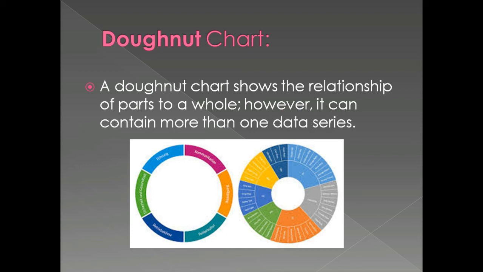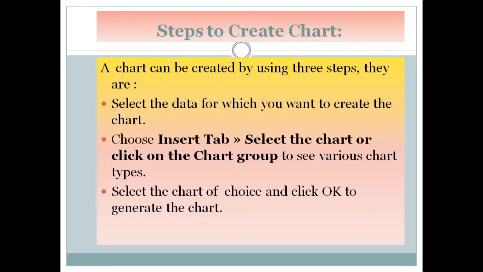Now it comes to how we have to create the chart. So we have basically 3 steps to create a chart. The very first one is we have to select the data, that is the values which we have to represent as graphical representation. The second is we have to select the chart. So for selection of chart we need to click on insert tab, then click on chart group, and select the type of chart we have to create, the type of chart which we have to represent, and in the last we have to click on OK to show that chart.